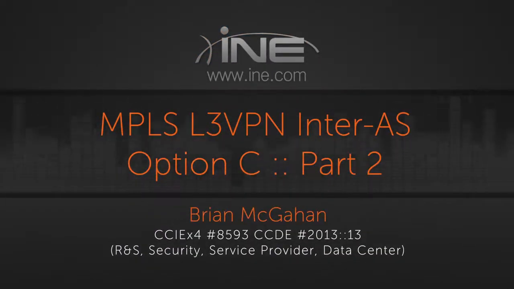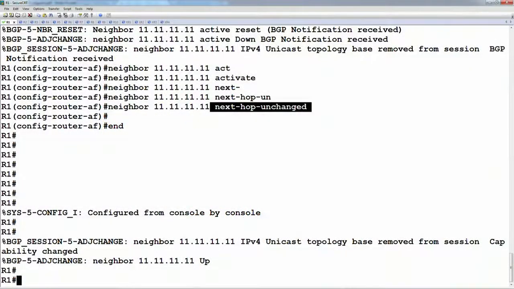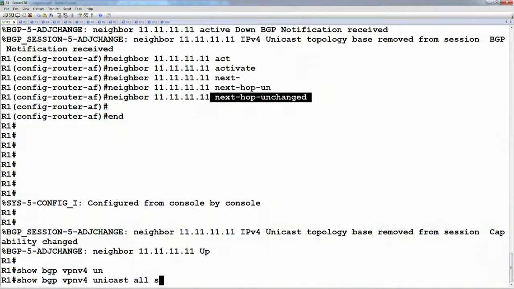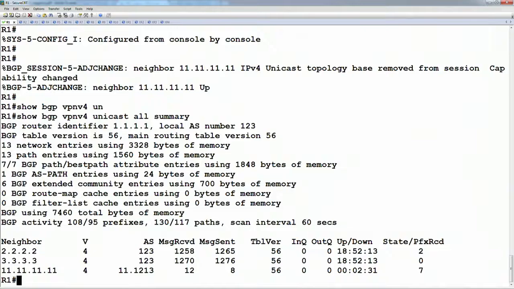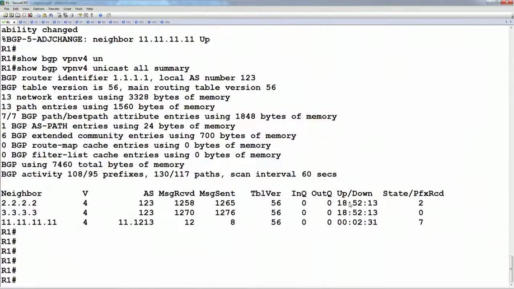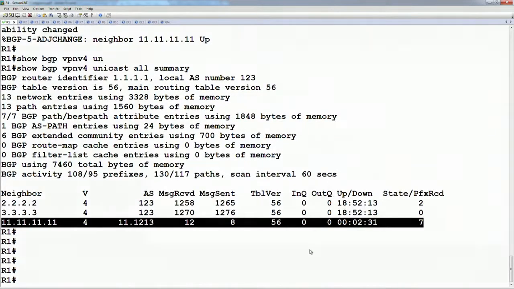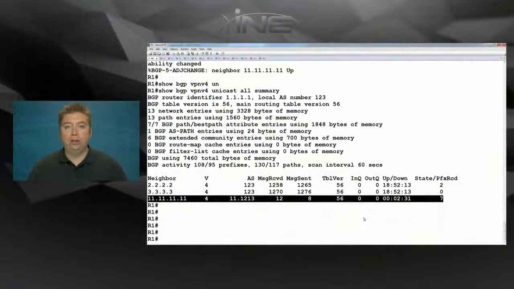Okay, so next we can see the BGP neighbors come up. So if we look at the show BGP VPNv4 unicast all summary, we should see that we are receiving routes in from router 11. Now, as I had mentioned before, one of the changes between Inter-AS option A versus B and C is that